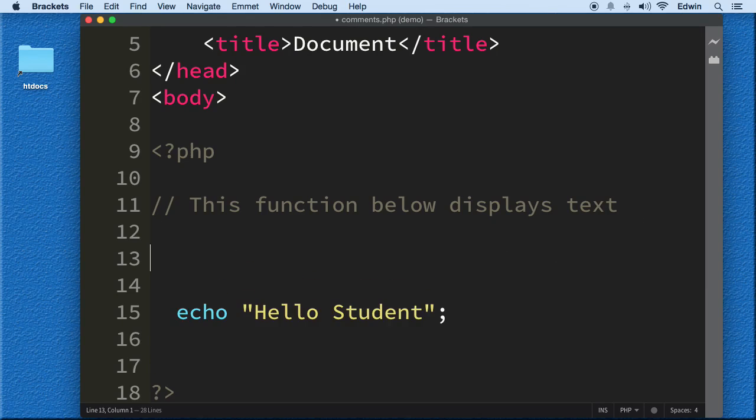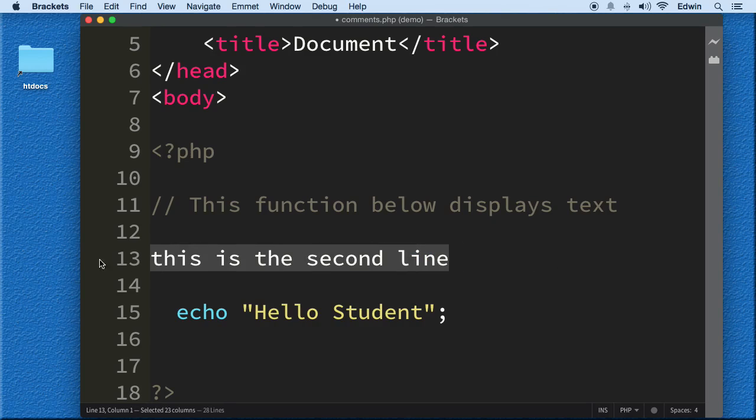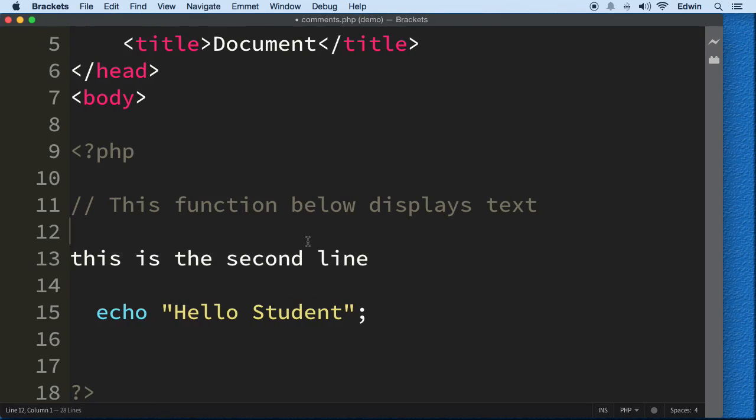And if I write some words here, this is the second line. You see that it's writing in white. My code editor is actually making this white. The reason is because it's not commented. You see, this only does one line. So in order for me to comment this, we have to put the / in there again. Alright. So if you have more than one line of code, what you need to do is put a / and the number 8,